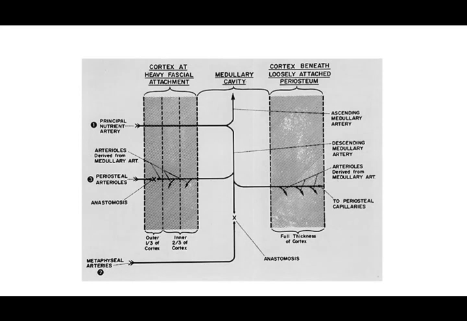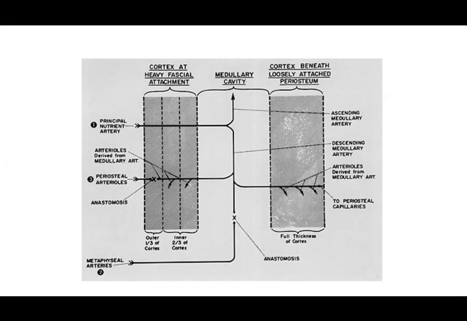It anastomoses with the epiphyseal and the diaphyseal vessels, and it gives off branches to the long bone marrow cavity and then to the arterioles on the outer side, the centrifugal branches, which supply the inner two-thirds of the bone cortex. This is the full thickness cortex, divided so you can see it very clearly in this picture. The periosteal arteries enter from the outside and supply the periosteum, that is, the outer one-third of the cortex. So two-thirds is supplied by the nutrient artery and one-third by the periosteal arteries.